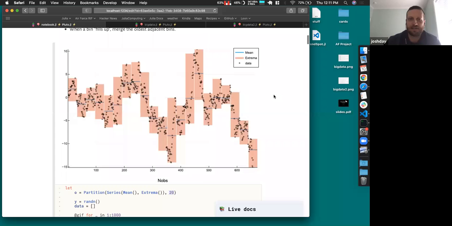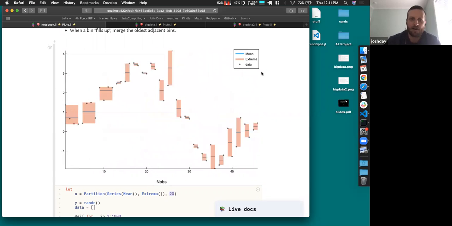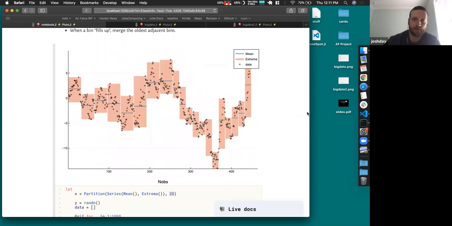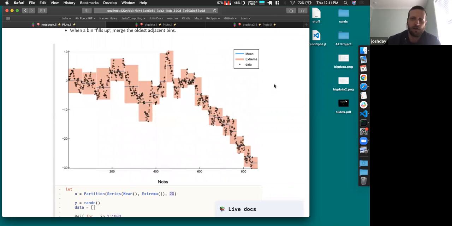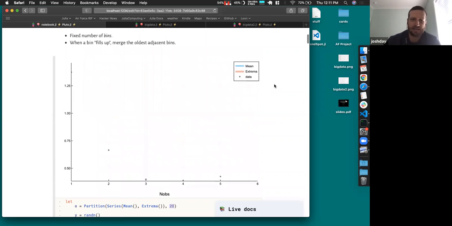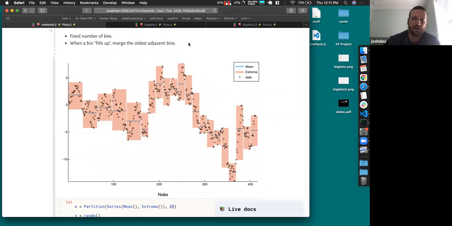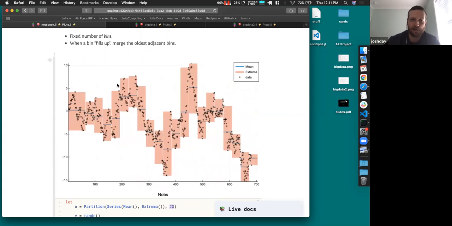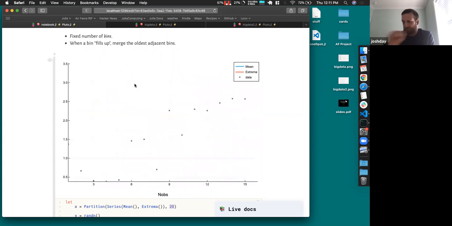As this grows to infinitely many observations, I wouldn't want to plot the actual data, right? If I have a billion observations, that's not something that my GPU is capable of plotting and visualizing. So one way to think about this is a way to plot a coarse view of your data. You'll notice that each of these boxes fully contains all of the data points. And so while we lose some information,